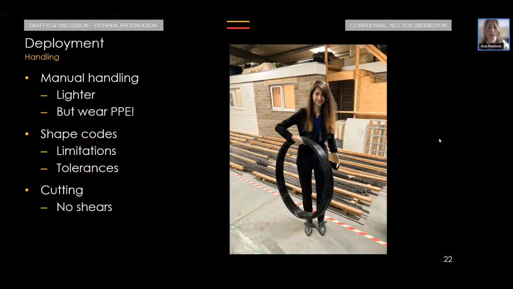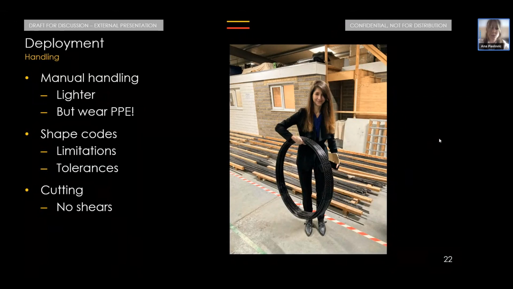In terms of shape codes, I noticed there was a question in the audience, so I could use the opportunity to answer right now. The BFRP cannot be bent on site. It has to be formed during the manufacturing process in the factory, and it comes delivered to site already pre-bent. There are certain limitations in terms of shape codes. Most of the standard shape codes are available, but some of them are not. There is a full list available to see which ones we can or cannot use, but this can be resolved through clever